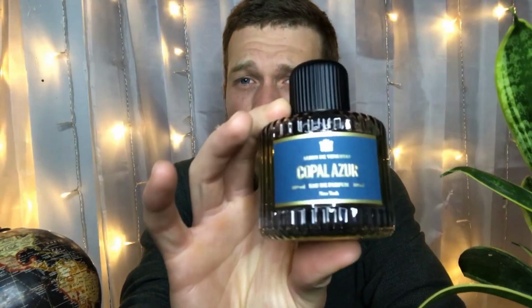And then in terms of the when and where, I would wear this. You could wear this as a signature scent, in my opinion. It is very versatile. I think it is in some degree a blue fragrance. You do get a lot of that oceanic, ozonic presentation with the fragrance. It's very versatile in that regard because it's both fresh and sweet at the same time, like a lot of conventionally mass appealing fragrances. But the overall composition, the artistry going into it from Duchafour, and the uniqueness of the